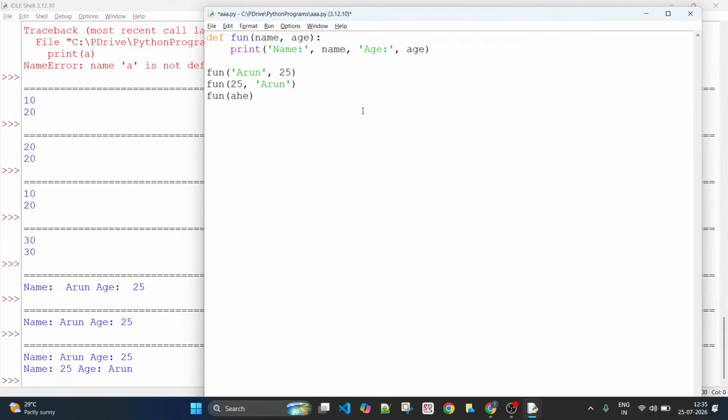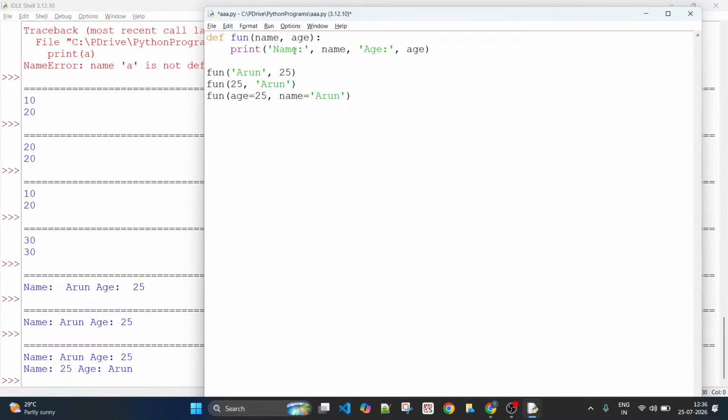You want to put this in age, right? So you should say age is equal to 25 and then name equals to Arun. You just mention to which argument you want to pass this. That is what you need to tell. Here you are saying please treat 25 as an age argument or parameter. Please treat Arun as a name argument.